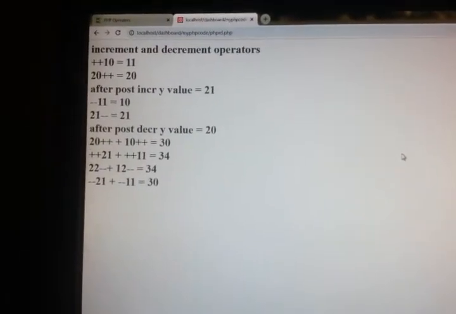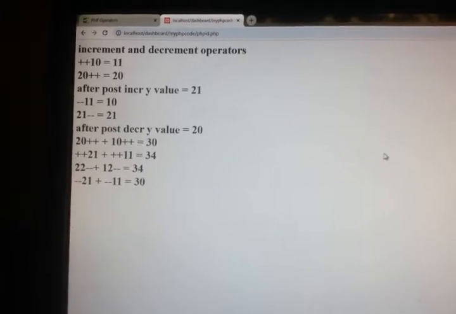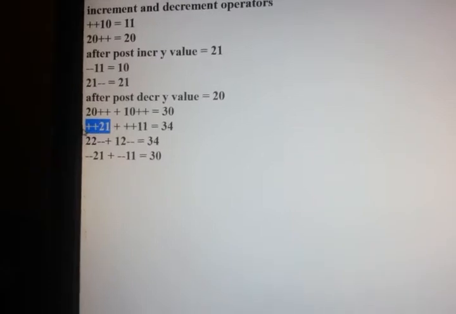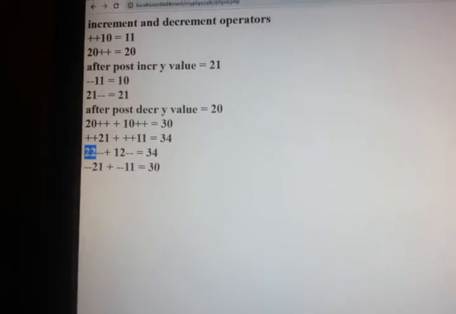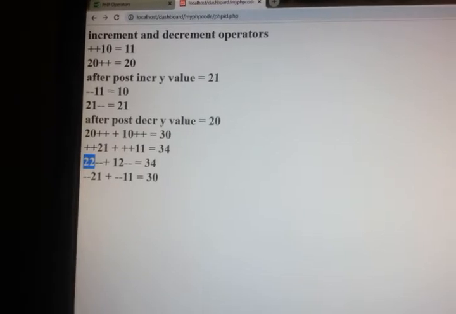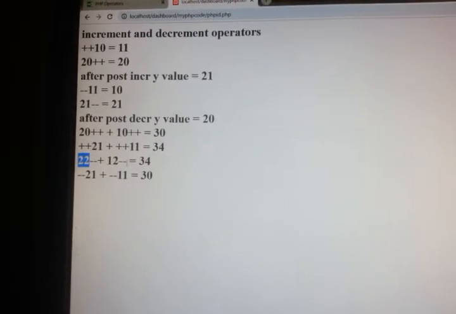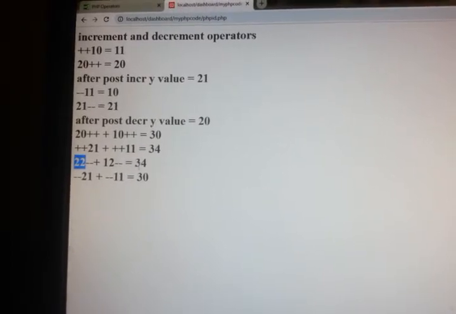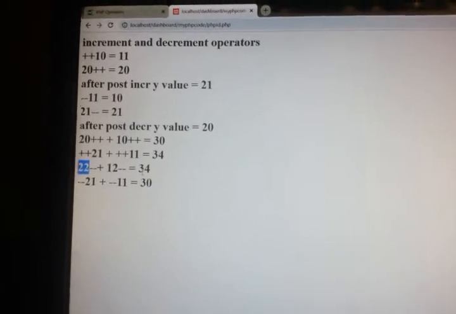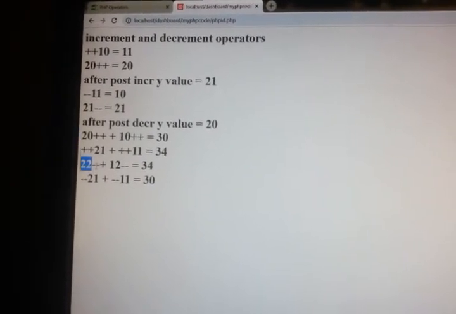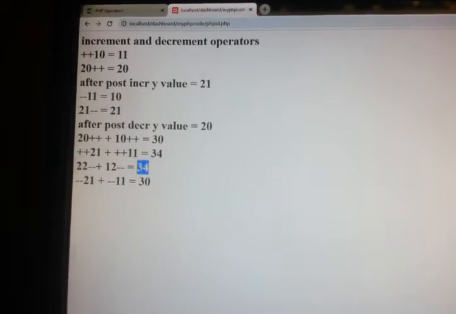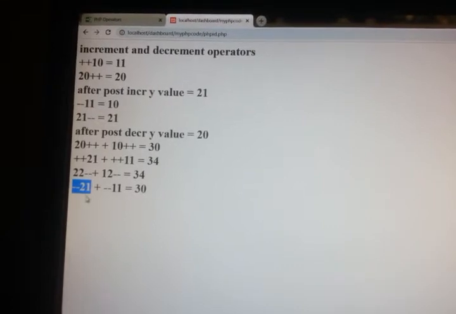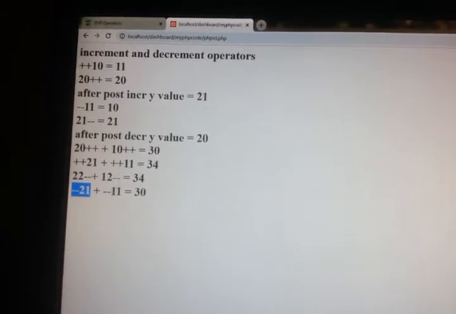See, 22 minus minus plus 12 minus minus. Here plus plus 21 effect. You can see here 22. 22 minus minus plus 12 minus minus. So we will be getting 34 because it has not decremented. So we got 34. Now here if you observe, 22 minus minus has changed to 21. 12 minus minus has changed to 11.